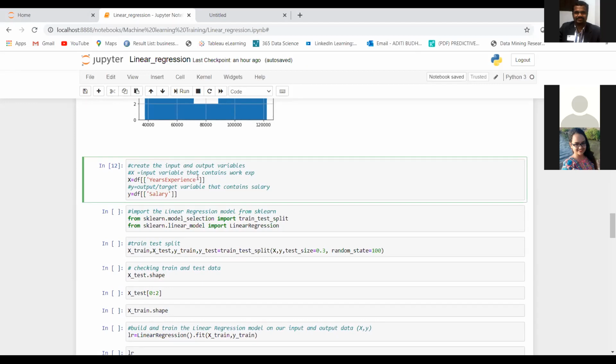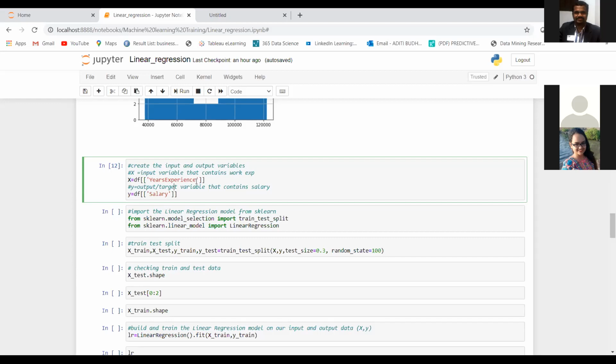Now here, since we have just one input variable, we have just one column in our input variable. But had there been more than one variable, in case of multiple regression, we would have included that also, correct? So let's say years of experience and some other variable, let's say the tier of the college, like tier 1, tier 2, whatever.